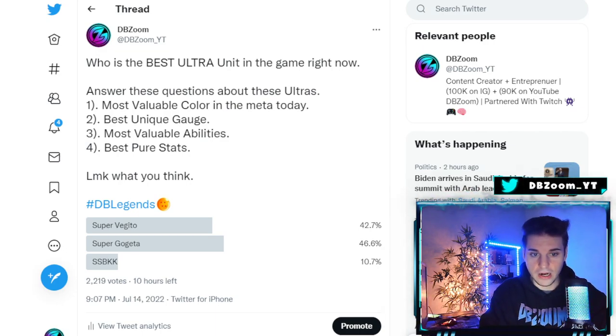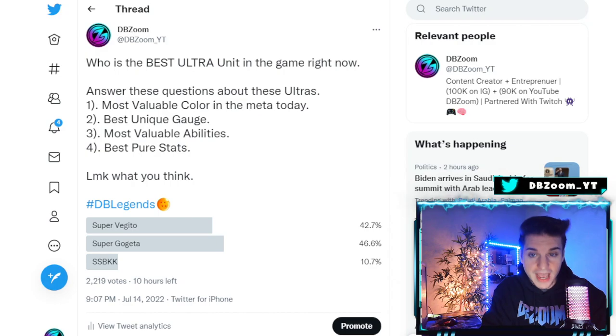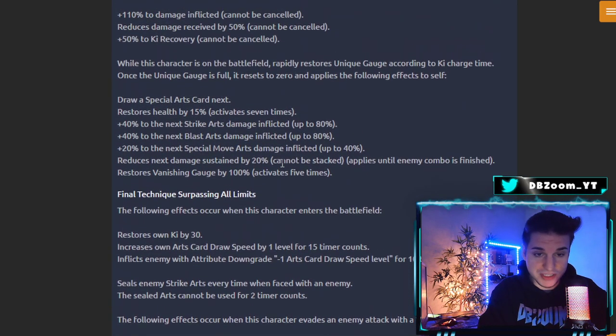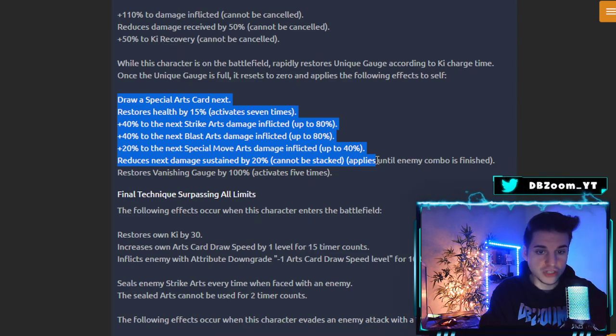I would argue that it would be between Super Gogeta or Super Saiyan Blue Kaioken Goku. But if you take a look at Super Saiyan Blue Kaioken Goku, he does a lot more with his unique gauge, and I mean a lot more. It's pretty noticeable, the difference. If we just take a look at this, he draws a card next. He restores his own health by 15% 7 times. He gets 40% strike damage inflicted, up to 80%, alongside 40% blast damage, 20% special move arts, and it stacks up to 40%. Reduces the next damage received by 20% until a combo is finished, as well as restores vanish gauge 100%